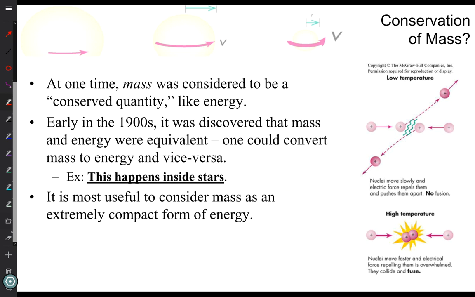This next one is a point that you may not know. At one time, it was thought that mass was also conserved, that you can't create or destroy mass. You'll still find textbooks, especially in high school classes, that say that mass can't be created or destroyed. That's not true. If you couldn't create or destroy mass, the sun wouldn't be burning. It would just be a cold ball out there.